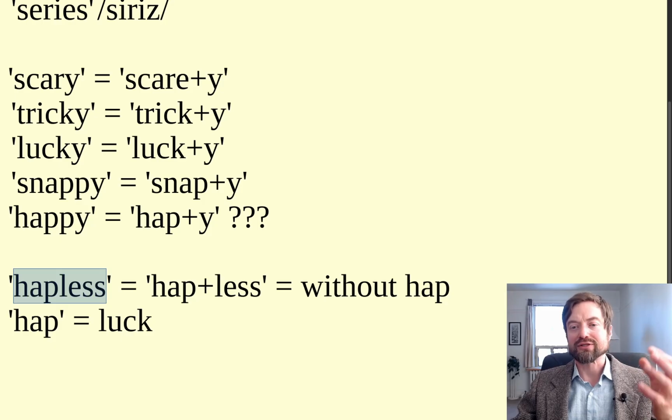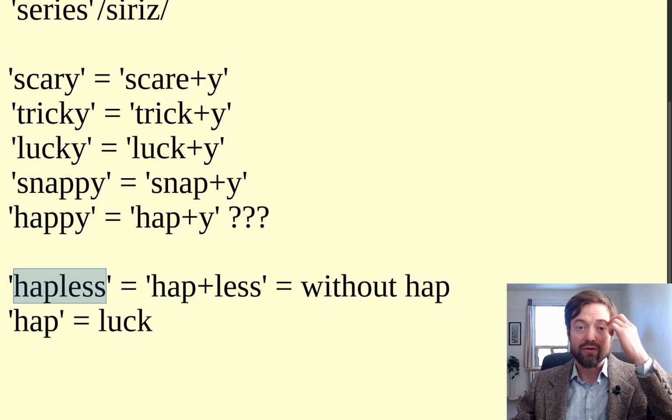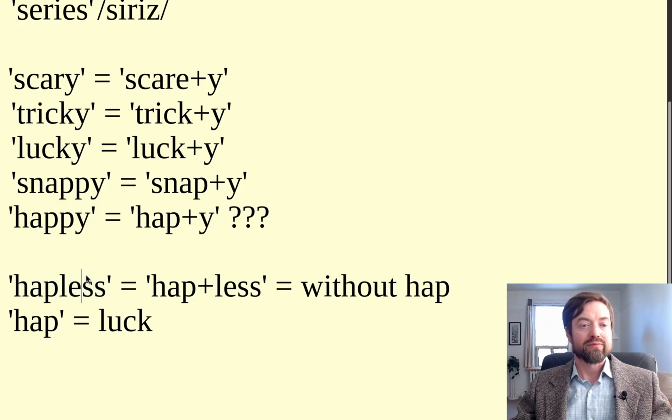Hapless is not that common a word, and it means to be unlucky. But even with this word, even though we can see from the shape that it sounds like you're saying you're without hap, we don't even think about hap, because the whole idea of hap has kind of disappeared and become frozen into these forms. So that's why we usually see happy as one piece. But that's the big gray area of morphology, and there's a lot of room to argue about,